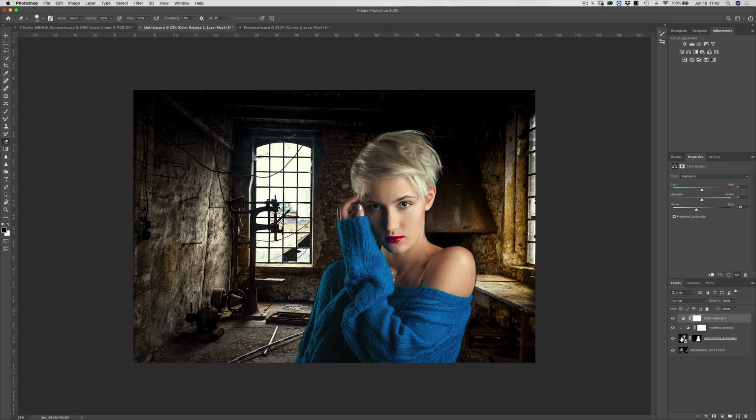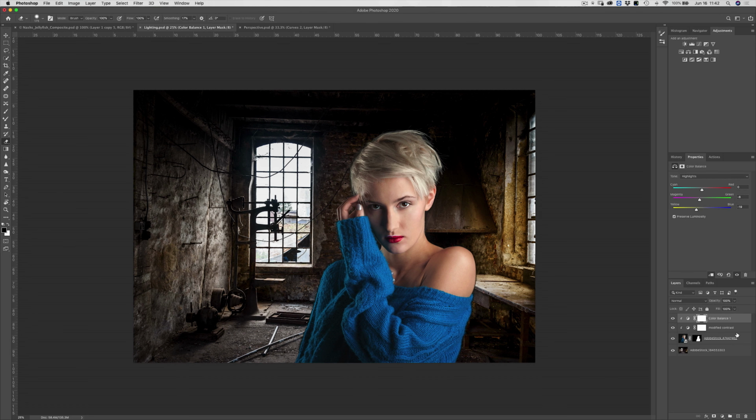And then again, I'm just going to clip the color balance to just the model. The same thing we did before. Hold Option or Alt and hover our mask between the two layers to clip it to just the model. And now she looks just slightly too green, so I might actually go back to my highlights and modify the magenta as well. Okay, but that's starting to look good.